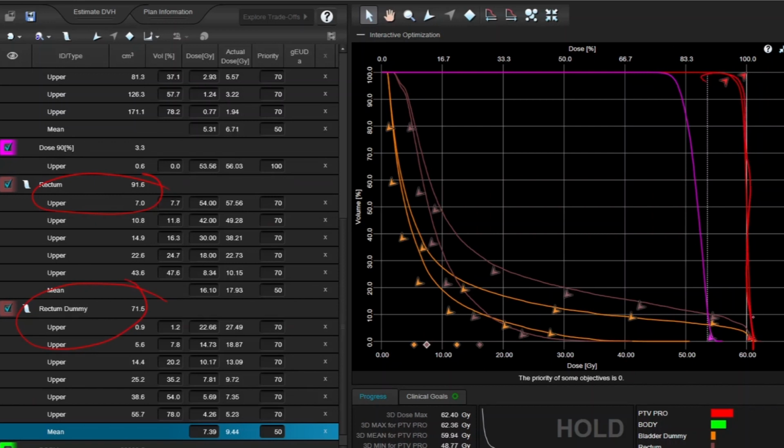This is our PTV. What we define is that a minimum of 95% of the PTV should receive 100% of the dose, and a maximum of 107% of the prescribed dose should not be received by more than 1%. So in this way, we define the objective for the planning target volume. We have defined the objective for this rectum structure, that here we can see we have defined the